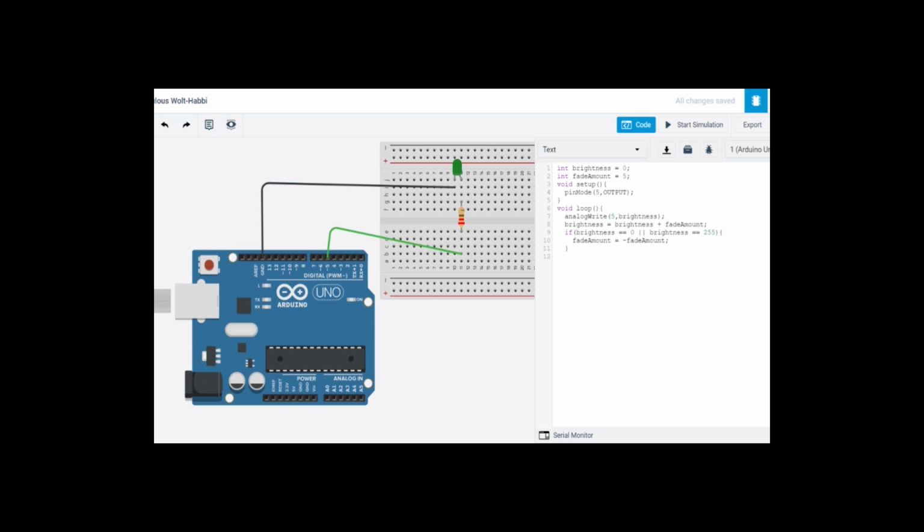That's the code for the fading of an LED, but we have to add a delay of 30 milliseconds. The unit in this delay is milliseconds. Don't forget that. We have to add this delay because we have to observe the fading of the LED. If you don't use this delay, then we can't observe the fading with our naked eye in this experiment. Now everything is completed. Let's start our simulation.